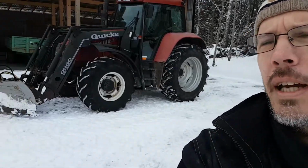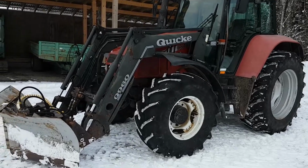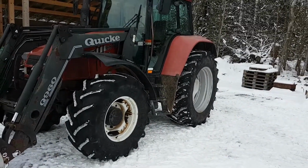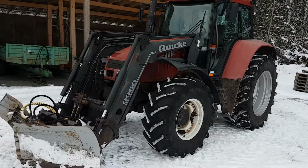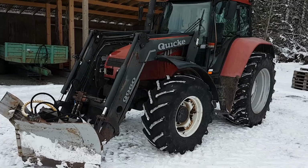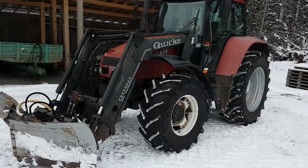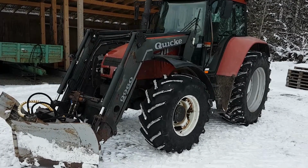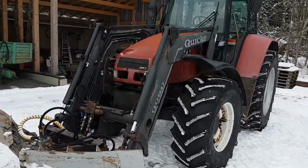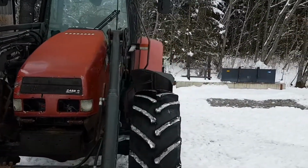Hi guys, I thought we might take a look at my new tractor today. I actually bought it a couple of months ago, and I have sold the old trusty 784, so I got this instead. It is a Case CS100,